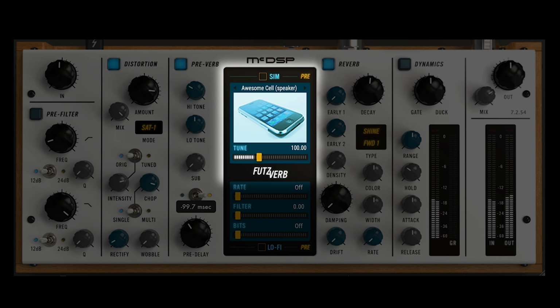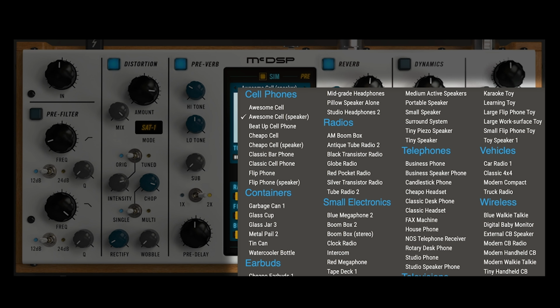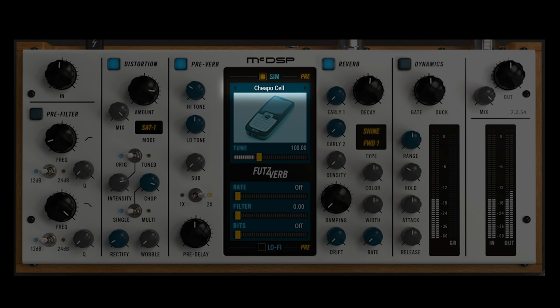Now onto the upper middle section of the UI, which is where the sim, or synthetic impulse model, section is located. This section is bypassed by default, so click the box next to sim to engage it. From there, click the sim name to bring up the large library of sims from the original FutzBox plugin. To select a sim, either click one from the menu, or use the arrows on either side of the selected sim's name to quickly cycle through the sim